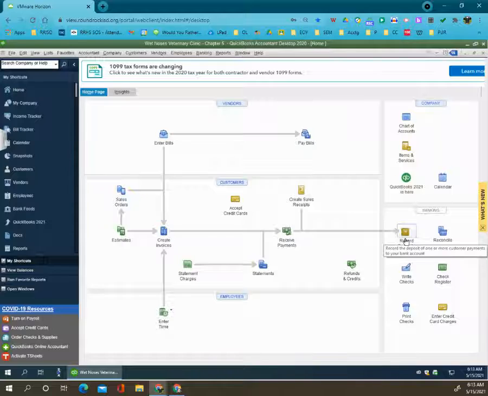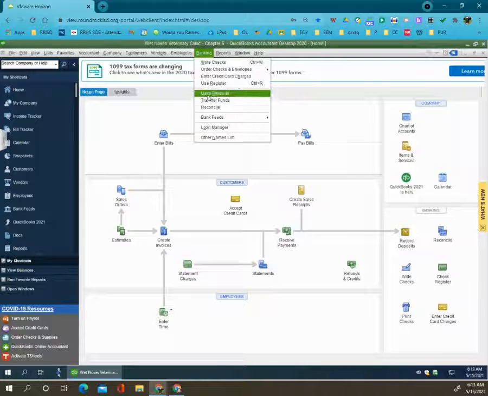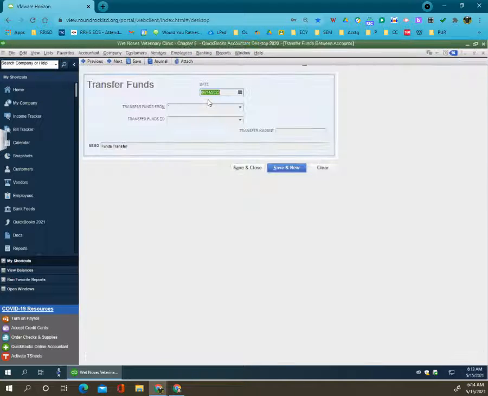The next one, it says we're supposed to do a transfer from checking to money market. In order to do that, we can go to banking, we can go to transfer, and basically first we're going to look at the date. So this is 6/10/2023. Let's double check, that looks good. And again, we're going checking to the money market, and we've got